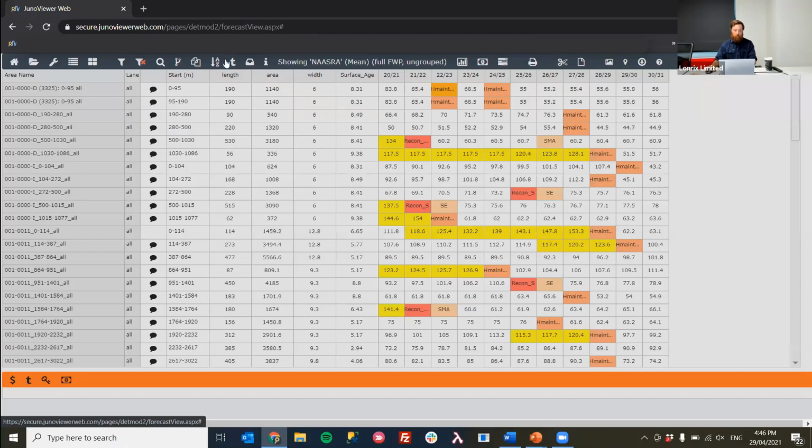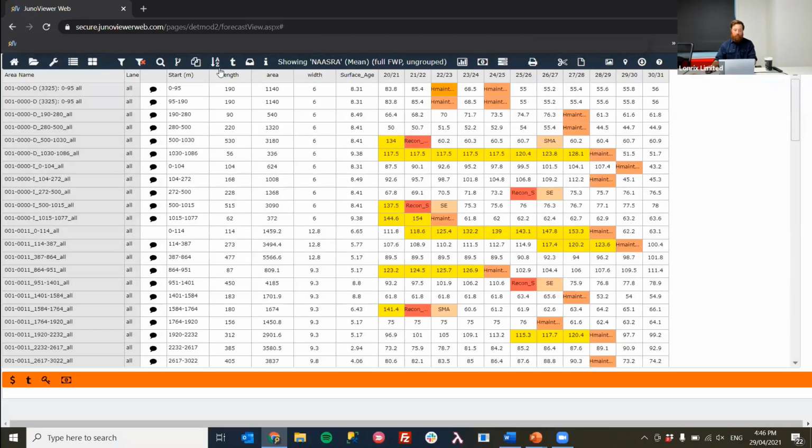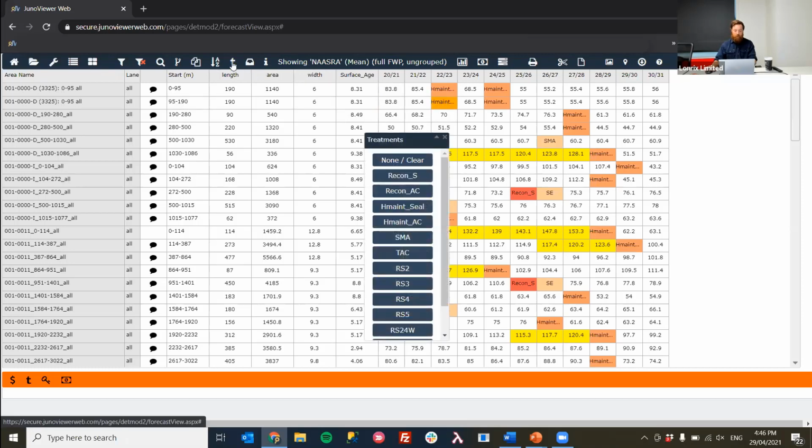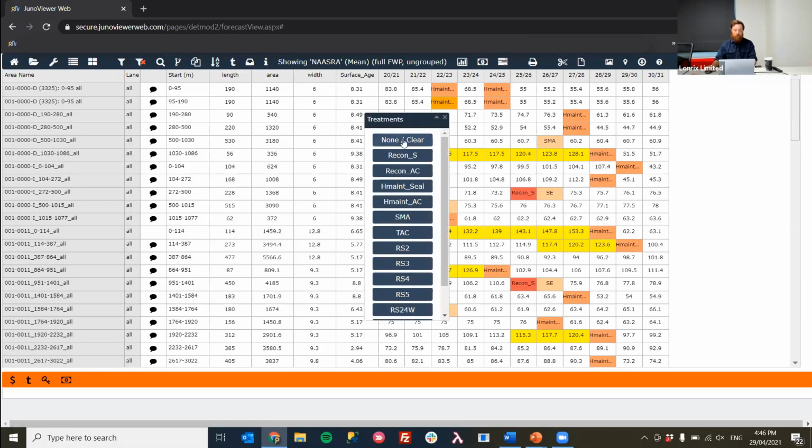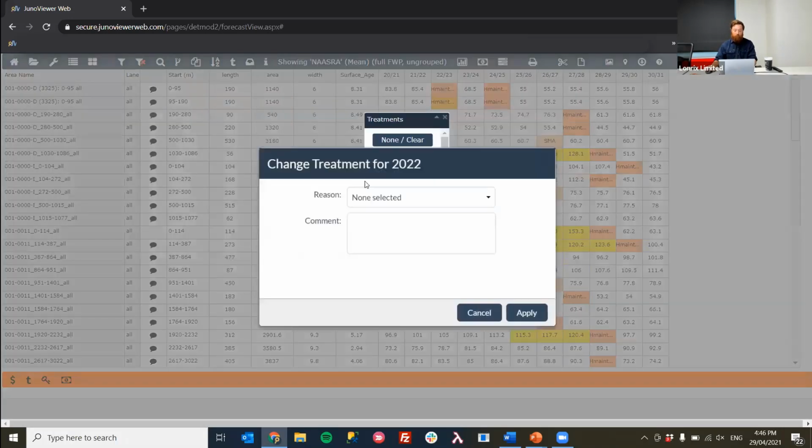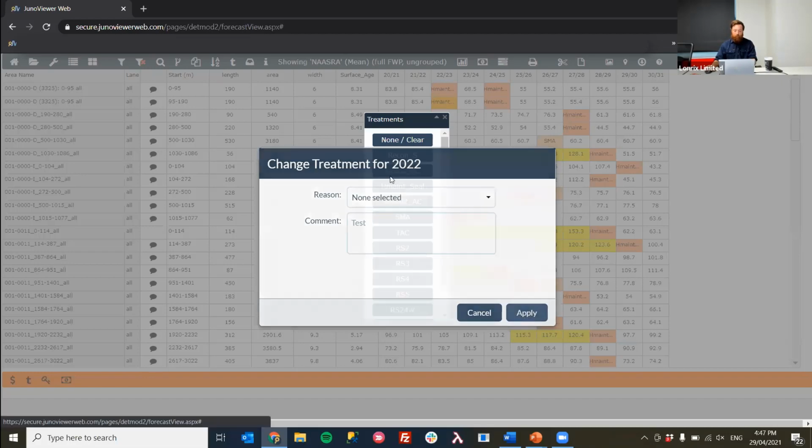We've looked at the sorting functionality. So next is our treatment change. In order for the treatment change pop-up to work, you have to select the treatment length. And let's say we want to delete our treatments from the second treatment length here. So I'll select my heavy maintenance, open up my treatment pop-up, and I want to remove the treatment. Now it's asking me for a reason and a comment. If I do that,